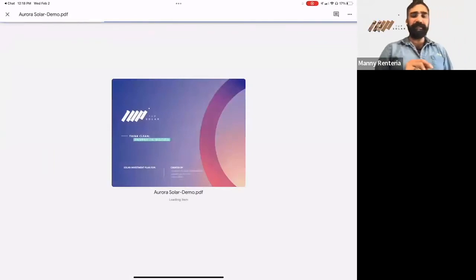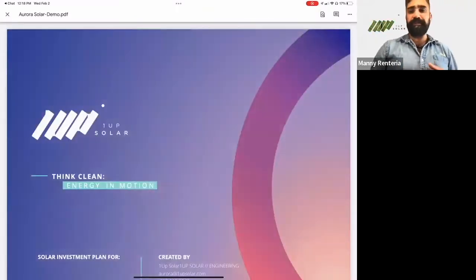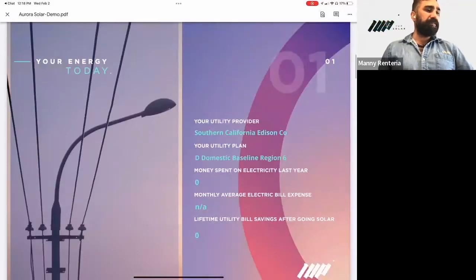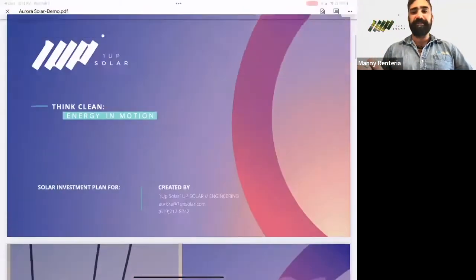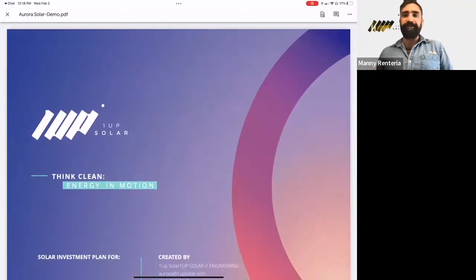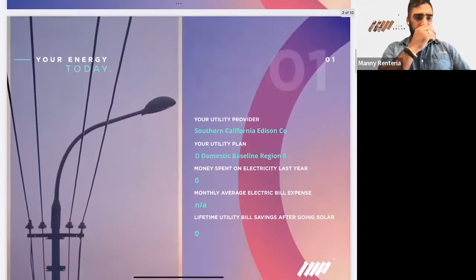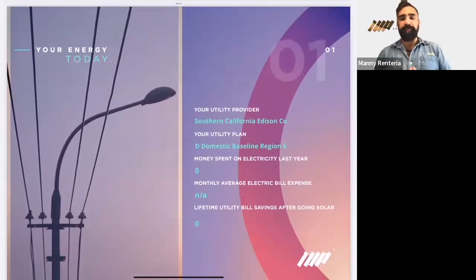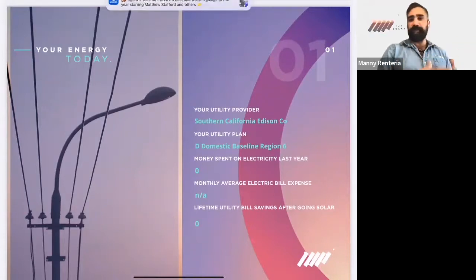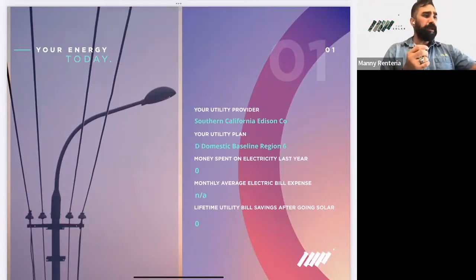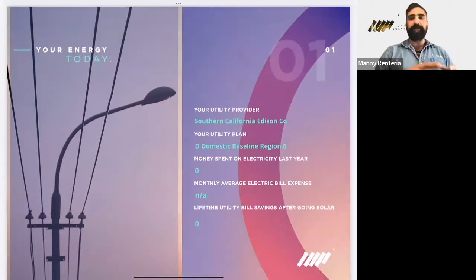Okay. Yeah, this is kind of what it's going to look like. We're just putting the finishing touches on it. It should be ready by the end of the week. But this is the PDF proposal that your customers are going to get. Our in-house designer did a really good job of designing it. We've put together a really nice sales tool. I've been modifying this with her myself, just making sure that we deliver a presentation in such a way that